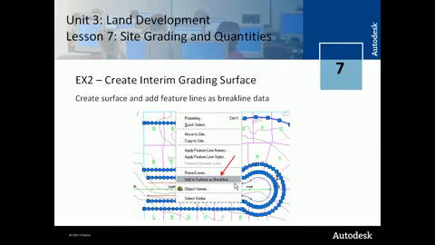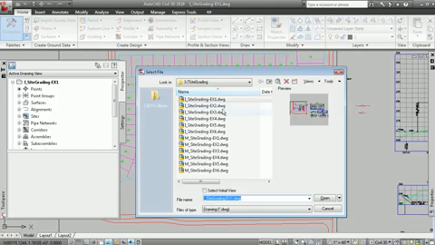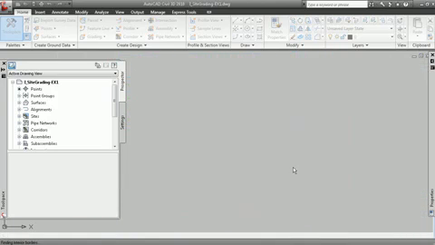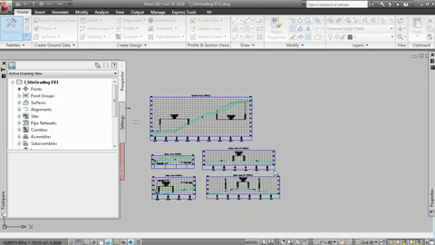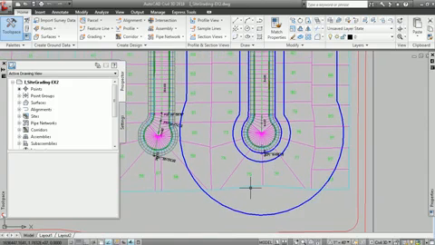So in Exercise 2, what we do is we actually create this interim grading surface. So let's have a look at that. We'll just open up the second drawing here. And here are the three feature lines that we just discussed, and they model the overall flow characteristics of the site. So now what I can do is pick a single feature line,